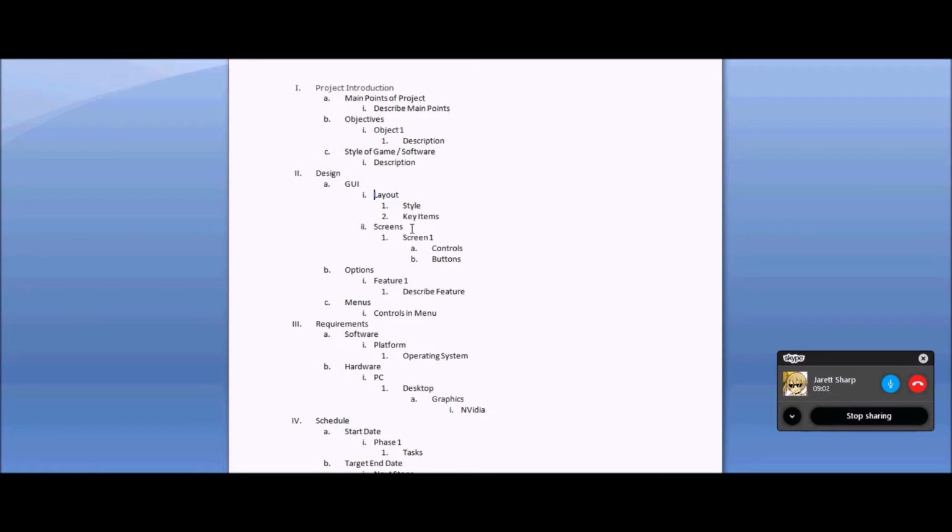The next section talks about screens. So if you're doing an RPG, for example, you need to figure out how you want to design your storyboard screens, and the controls and the buttons and whatnot. So different screens might have a different layout. You may not always have the same layout. Who knows? That's totally up to you to decide how that's going to work, but it needs to be documented